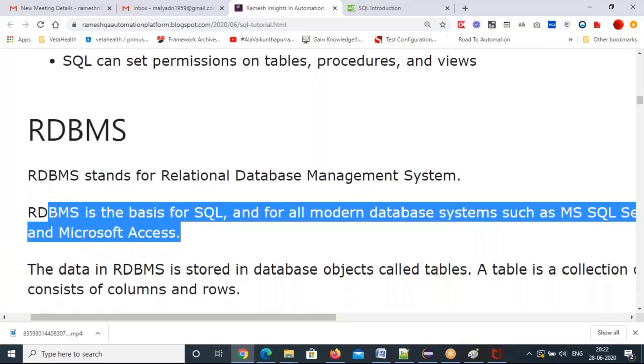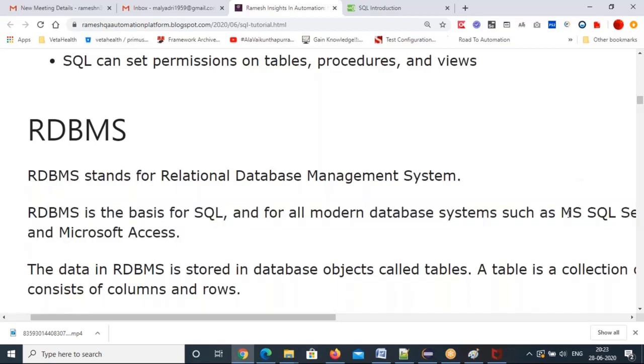But the famous ones are Microsoft SQL Server and Oracle. Oracle is the king in the market for databases. Now MySQL has come, and competes with Microsoft SQL Server also. But on the database side, Oracle is very famous. They are good on the database side.